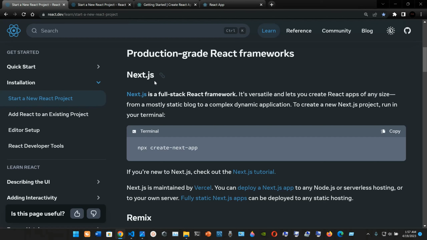So right now we're going to check out Next.js. Next.js is a full stack React framework. It's versatile and lets you create React apps of any size, from a mostly static blog to a complex dynamic application. To create a new Next.js project, run in your terminal npx create-next-app,